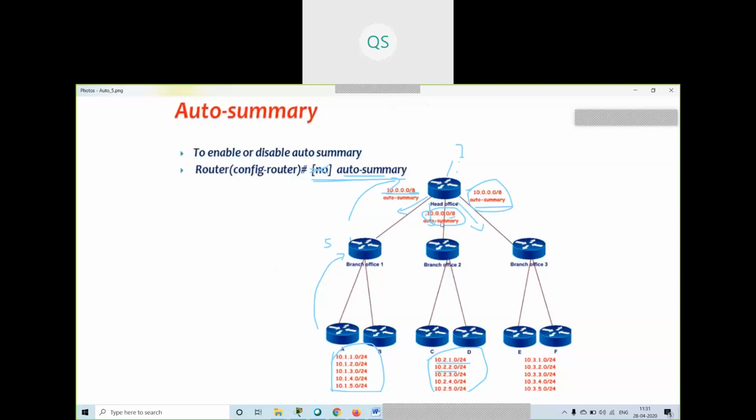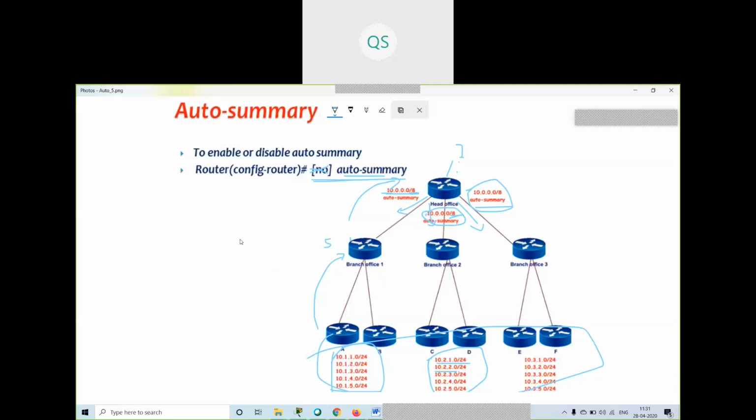Because 10.0.0.0/8 will cover all these networks, but we have to separate all of them. So in this scenario, I cannot use auto summarization.